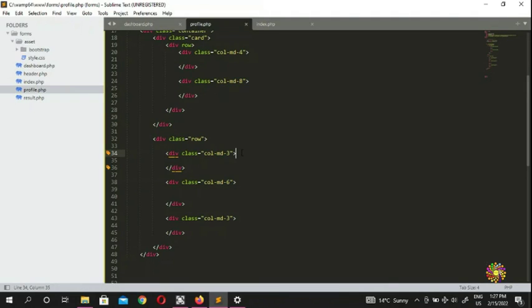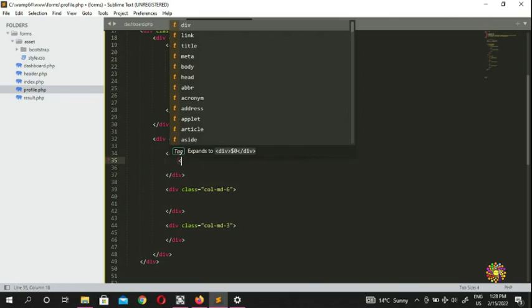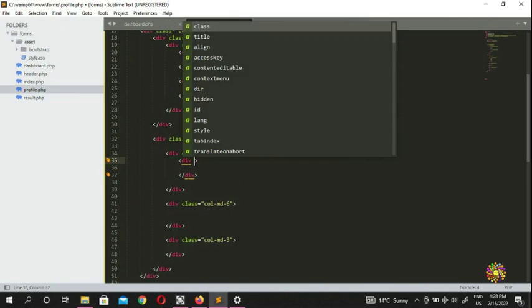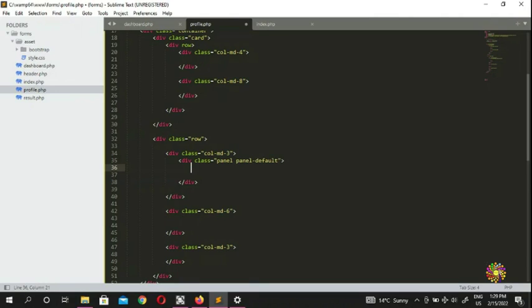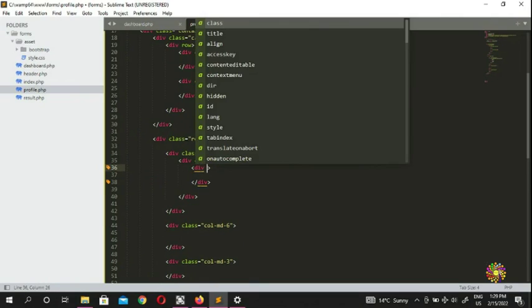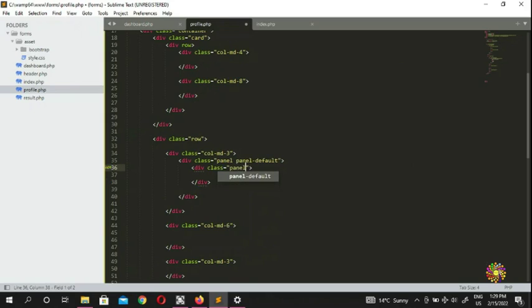So our col-md-3 profile is gonna be, we're gonna put it in this one. So we're gonna put a panel default. We put a div class panel default, and we're gonna put a div class panel body. Alright, so in this panel body, then I'm gonna copy this one, panel body, panel default. Okay, so inside our panel body,